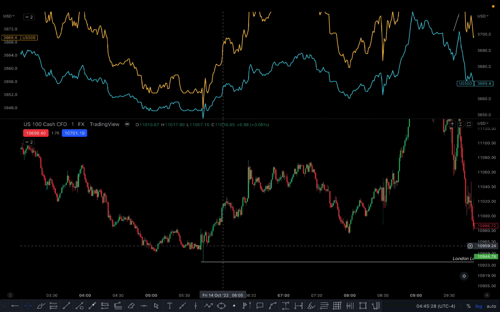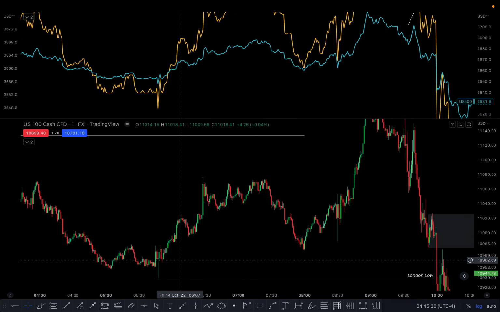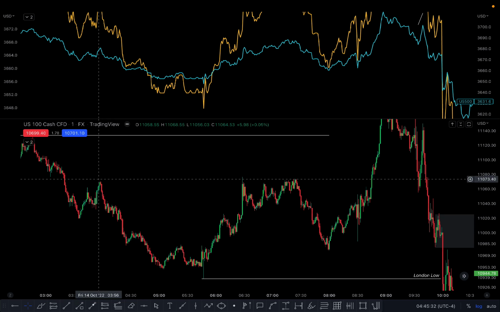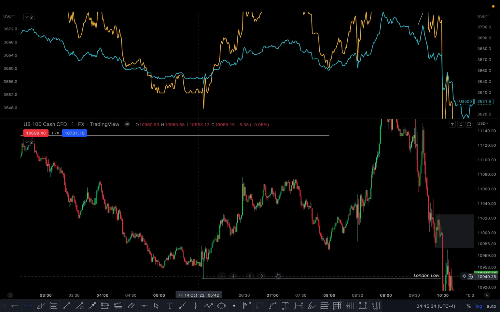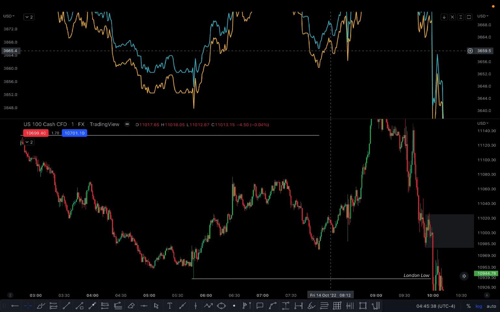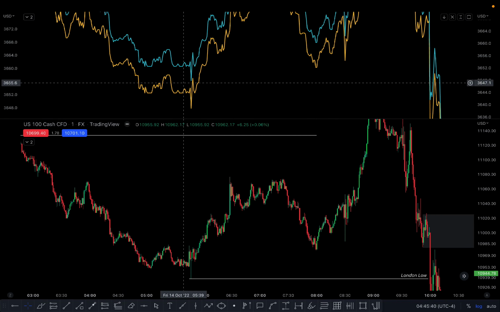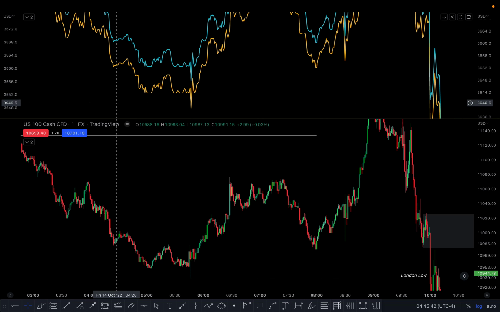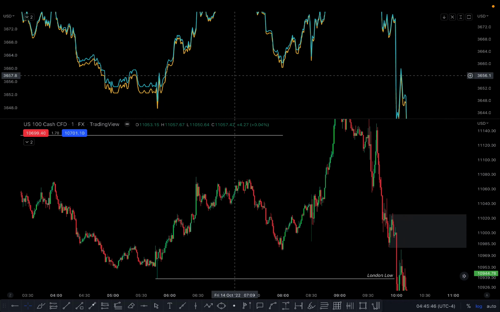Okay, now what can we see? We can see that we have a high there, we have a low here, right? And do we have any bullish SMT that can be seen here? Can we see any bullish SMT? No. Okay, we cannot. Okay,